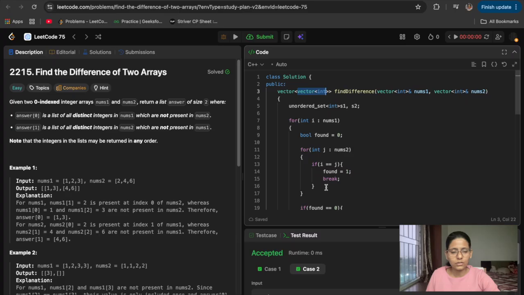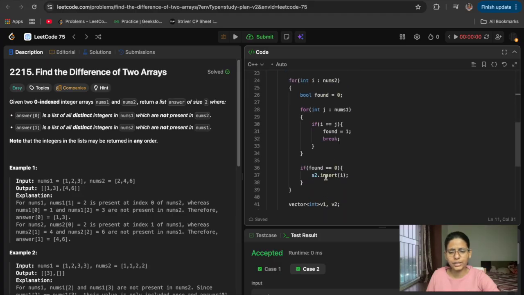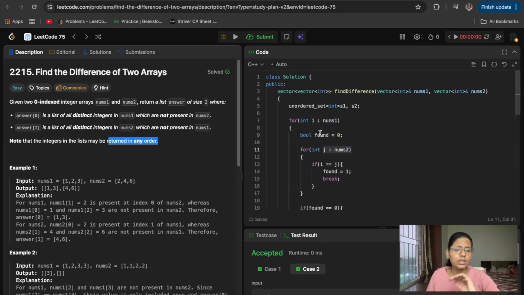Basically, whatever they said, we wrote that in code. We took a number from nums1 and tried to find it in nums2. If we didn't find it, then we included it in a set, because they told us to return distinct integers in any order. That's why we took another set. So basically, this was the question.